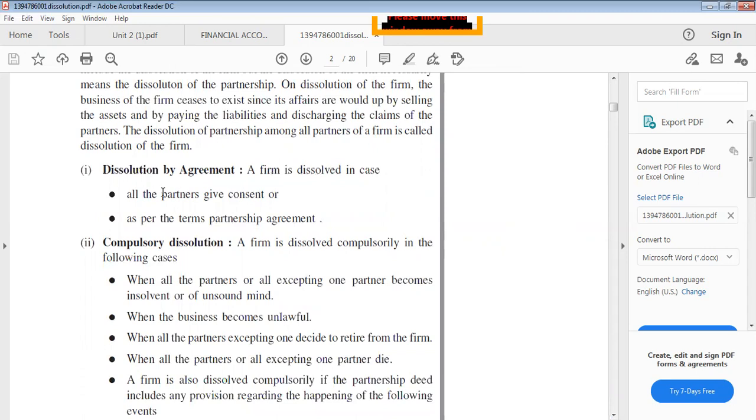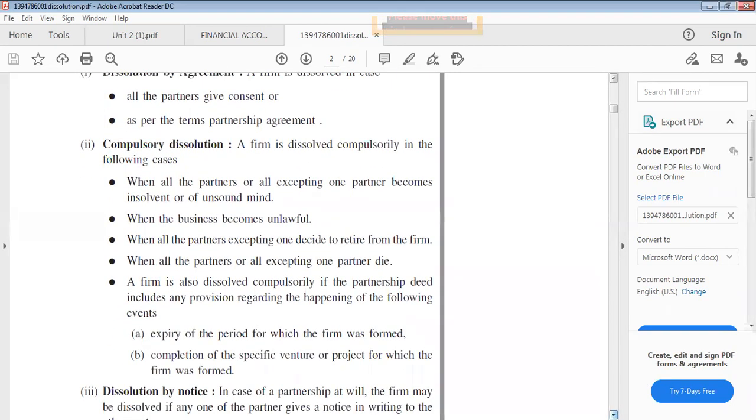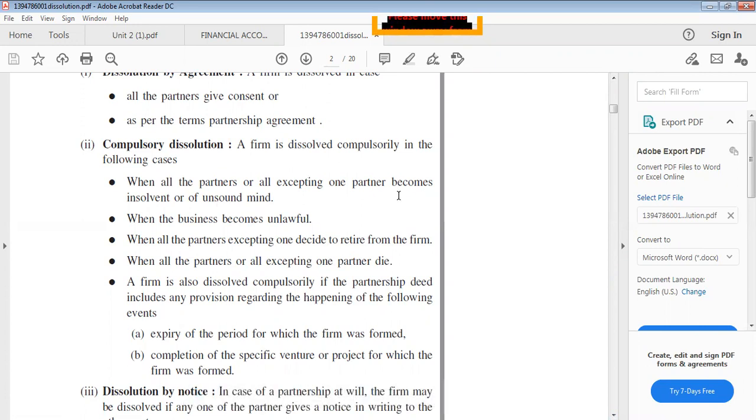A firm is dissolved in case all partners give consent or, as per the terms of the partnership agreement. Compulsory dissolution now. A firm is dissolved compulsorily in the following cases: when all the partners excepting one partner become insolvent or of unsound mind, when the business becomes unlawful, when all the partners excepting one decide to retire from the firm,